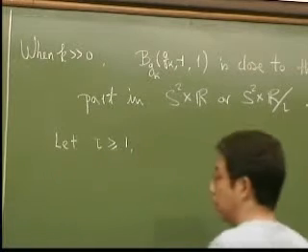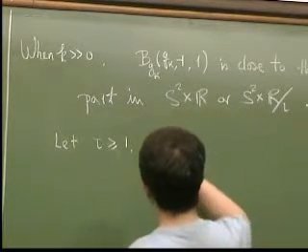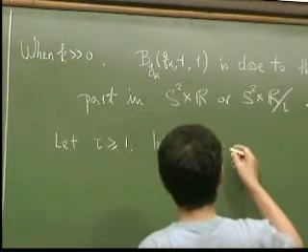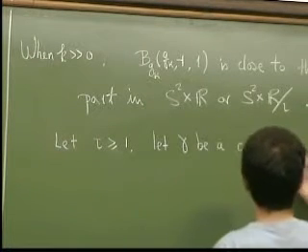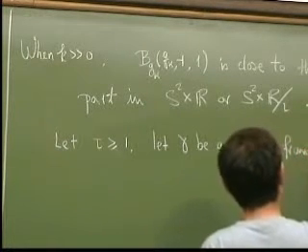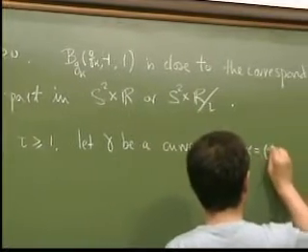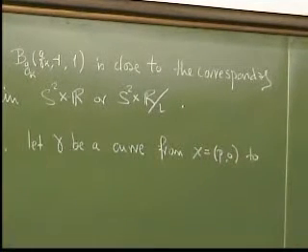Then let gamma be a geodesic, a curve from x, P0, to Q of tau, such that